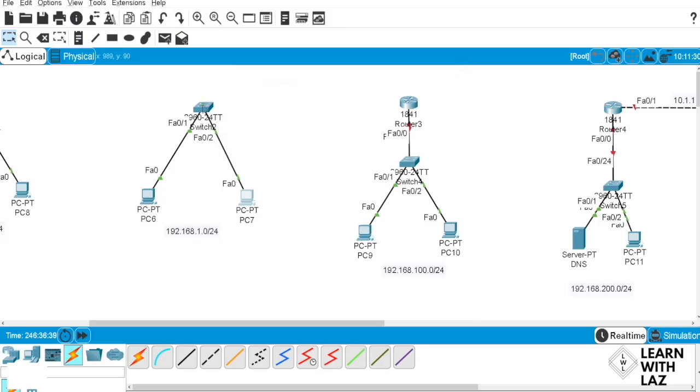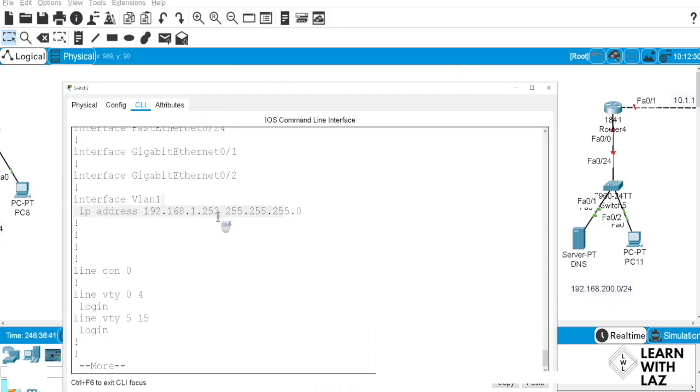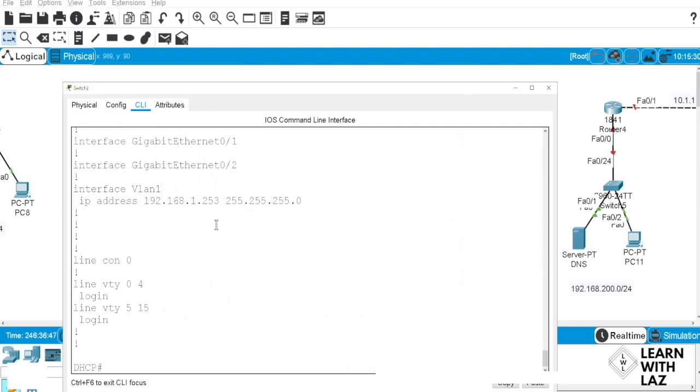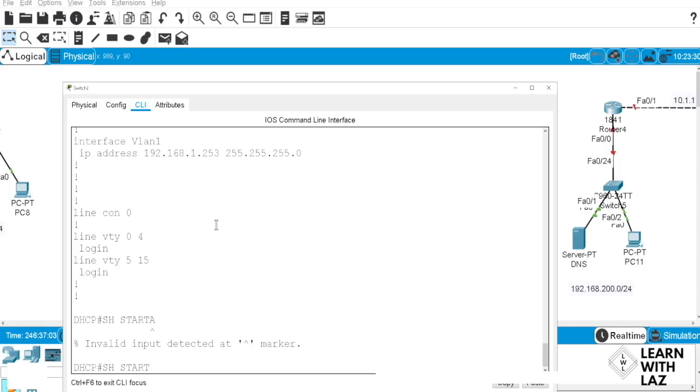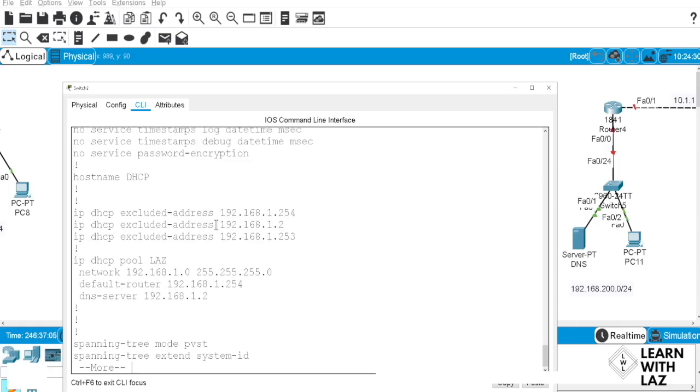You saw that? All we did was just a basic configuration, and we just look at the show start for that. So we did go to VLAN 1, and in VLAN 1 we put in an IP address, that 1.253 with a mask, and then we turned it on. That's when it worked, when we put the IP address. Other than that, it didn't work. You saw that. All right, and we do a show start, not startup. That's a different language. Okay, I'm trilingual now.